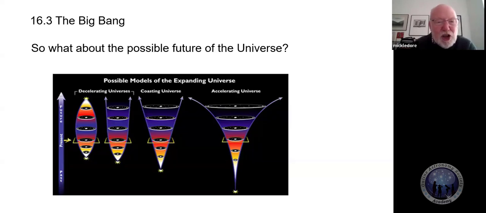It might be what we call a coasting universe, in which it just expands and carries on at the same kind of relative speed. Or, certainly with the evidence of dark energy that I'm not a great fan of, the universe might be accelerating. Again, there is no evidence directly for that. There is no theory as to what is causing it.